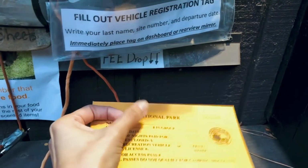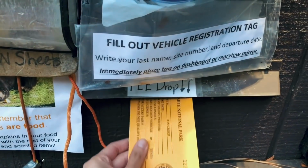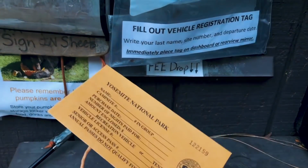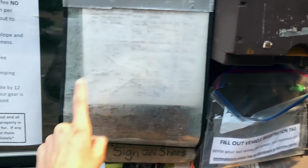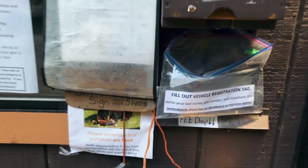You're gonna take the money and this will all be filled out. Remember, the back is empty because this is the part that was on the back. I'm not gonna put that in there because I obviously haven't filled that out yet, but you drop that in there. Then you go to this sheet and you fill out the same stuff. You put what spot you got or what locker, your name, and all your info. And then,